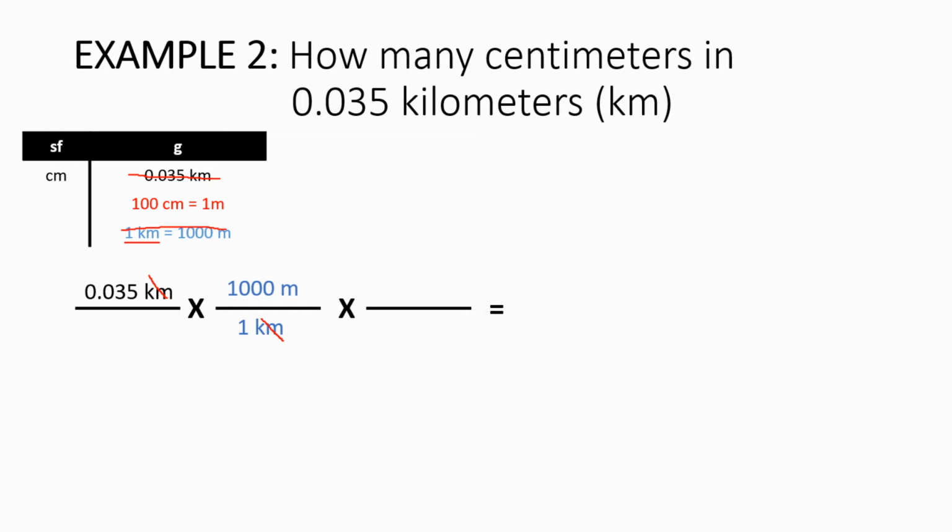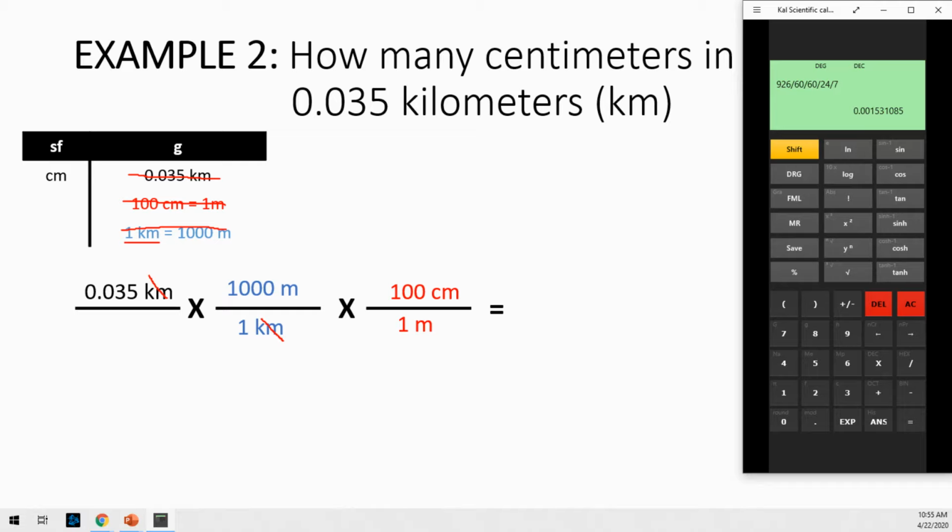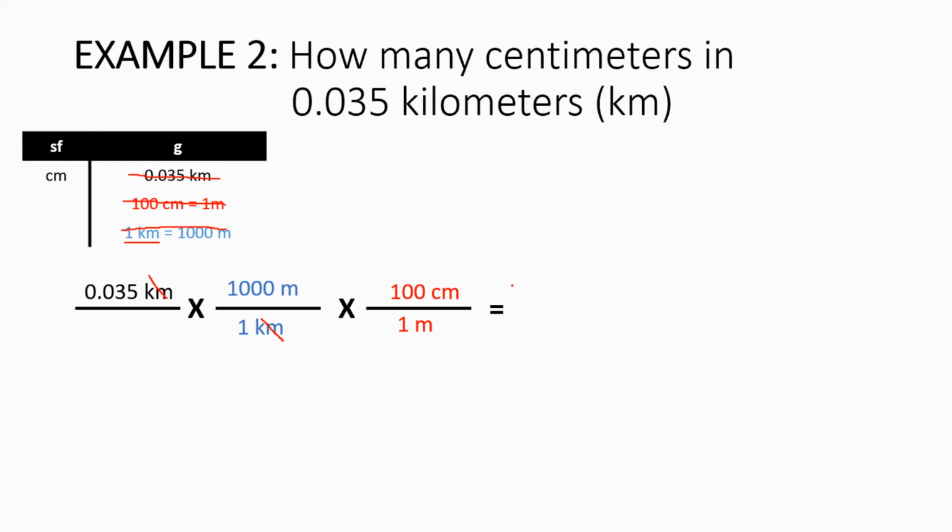Now I want to take those meters and go to my desired unit of centimeters. So this 1 meter has to go on the bottom, and those 100 centimeters need to go on the top. Now I'm ready to put this in my calculator. So I pull out my calculator. This time my numbers are at the top. So I'm going to clear this all out, put my 0.035 in. Since 1,000 is on the top, I'm going to times it by 1,000. And since my 100 is on the top, I'm going to times it by 100. And I'm going to see that I get